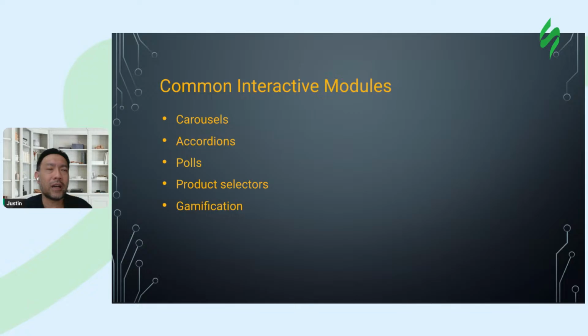For interactive emails, I'm going to show you some examples. Some of the things you can do are carousels, accordions, polls, product selectors. What's interesting is also gamification. You can add some cool things in email, some simple games to drive engagement. But as you'll see, it's not necessarily a panacea where, just because you do this, it's going to be great for your results. You have to use some strategy, some forethought before you embark on using interactive email, as it requires quite a lot of